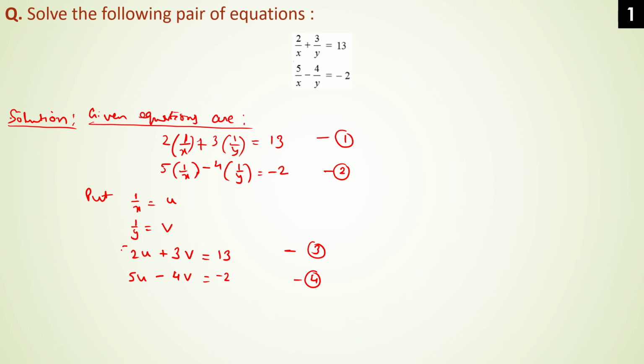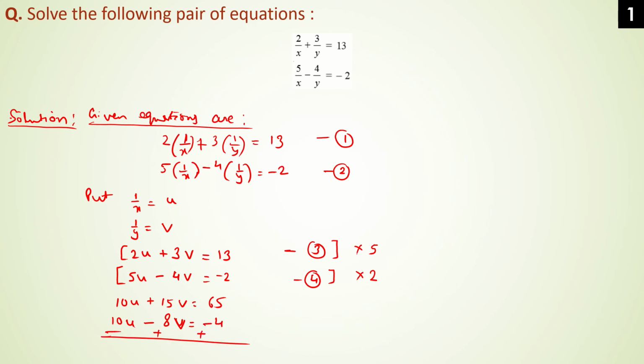We are applying the elimination method by equating the coefficient of u. So we will multiply equation third by 5 and fourth by 2. So we get 10u plus 15v equals 65 and 10u minus 8v equals minus 4. Now subtracting